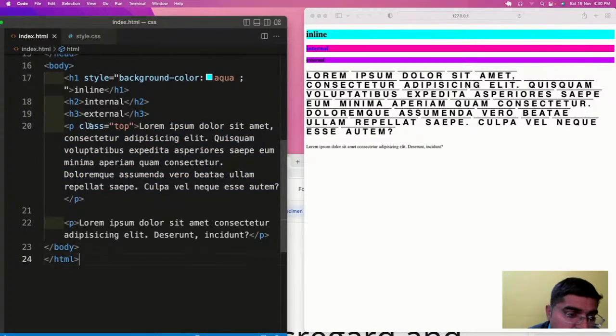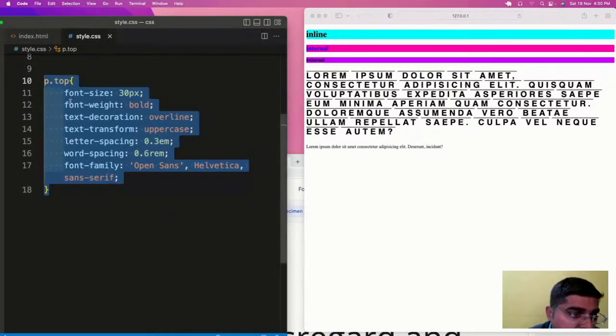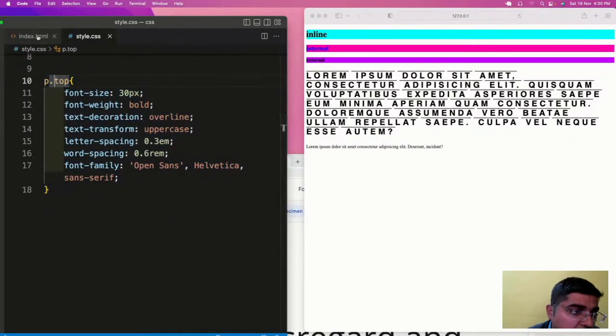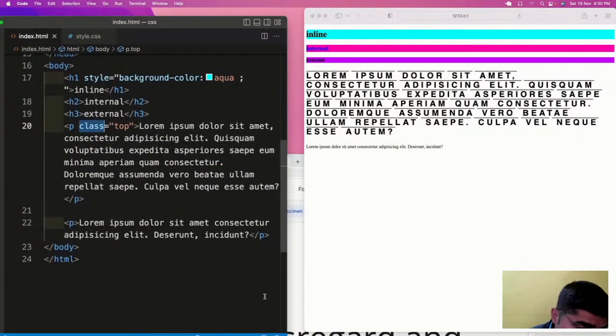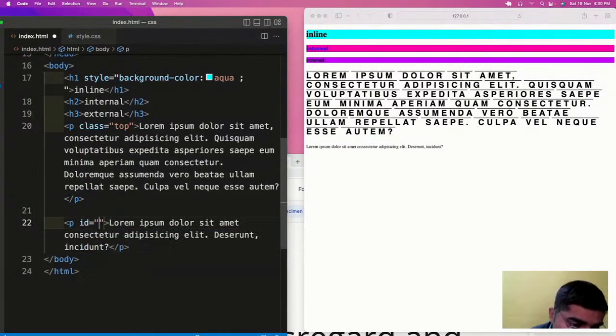Now this is called a class. It starts with a dot, and the same class can be used multiple times. Now there is another way, which is the id, and we will use the id name bottom. Now we will target this id also.